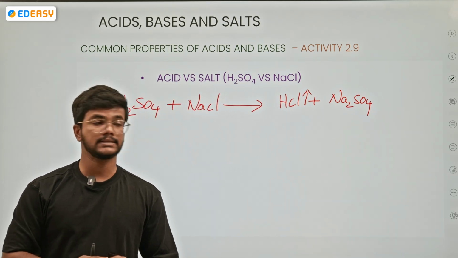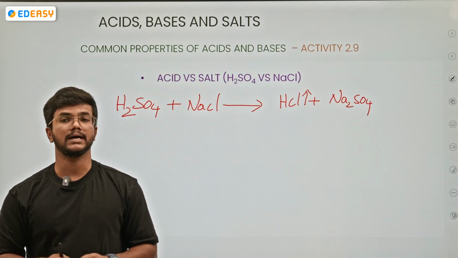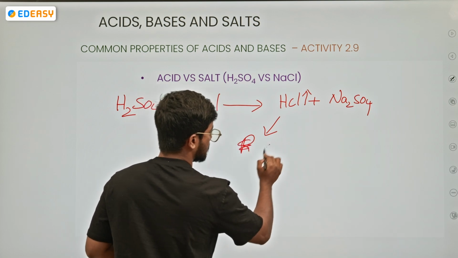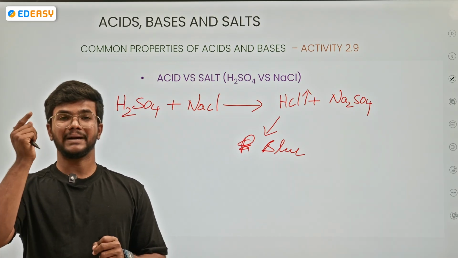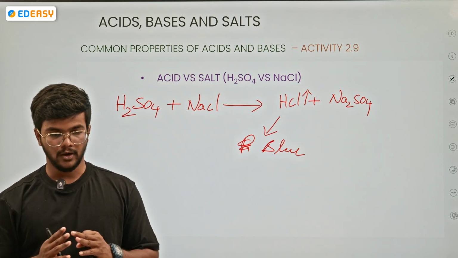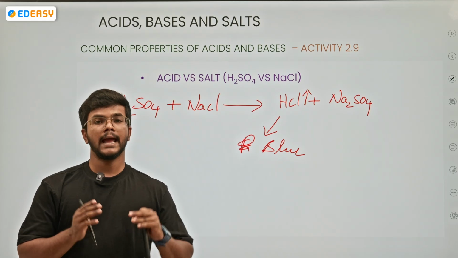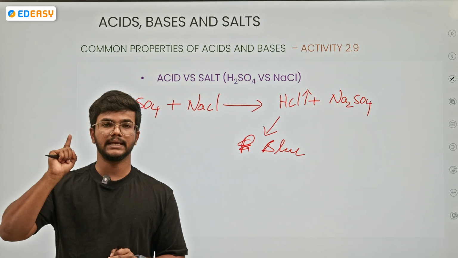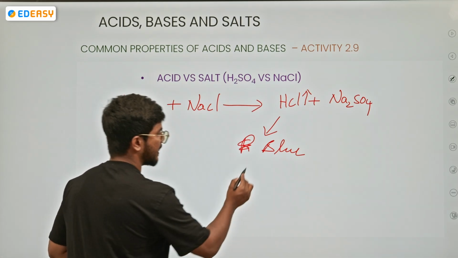So in this experiment, the HCl gas can be identified with litmus. Which type of litmus paper? Sorry, blue litmus. But we should use wet blue litmus. Why only wet blue litmus? Because blue litmus is used to identify the acid, and wet blue litmus can capture the moisture in the air. So HCl gas can be identified with the wet blue litmus,